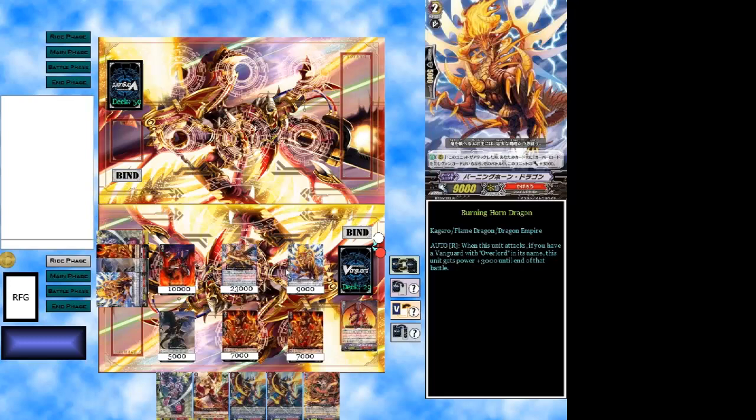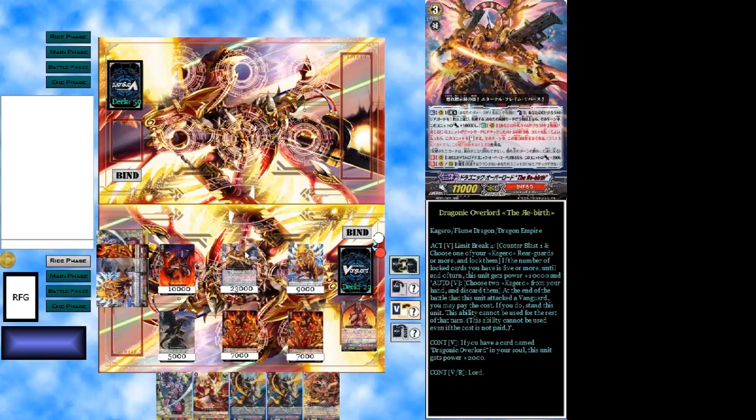I can't remember off the top of my head. Narukami is mostly your opponent selects, so yes, your opponent selects. Yeah, you're right. Alright, so now,